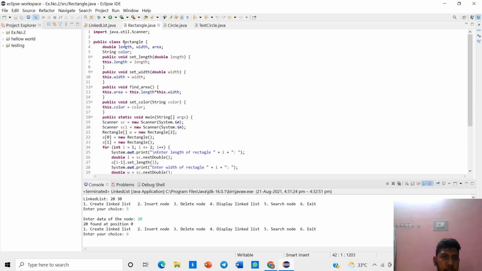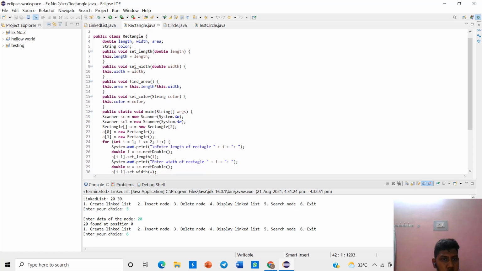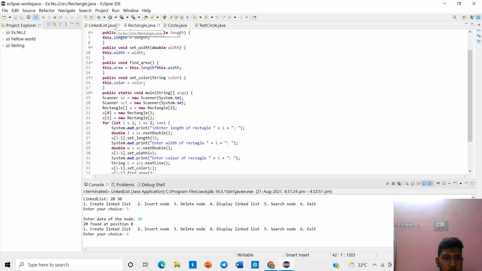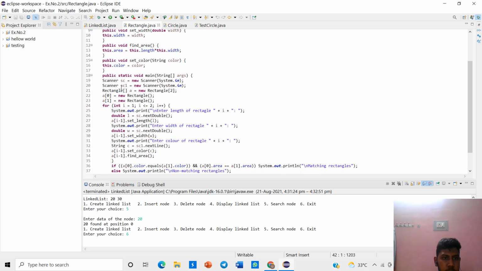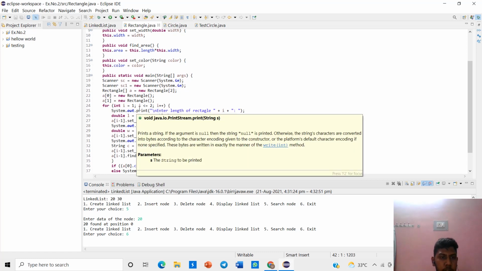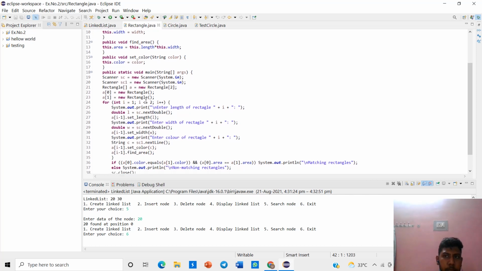We use double for length, width and area, and string for color. In set length we want to give the length of the rectangle. We want to get user input for width, area and color similarly, so we are using a scanner statement. These two scanner statements we will use for the two rectangles to get a match.